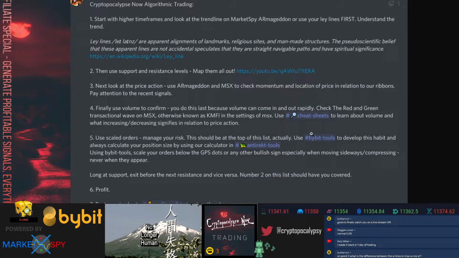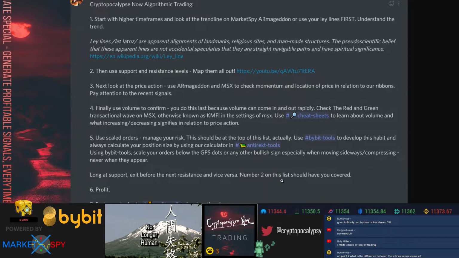Make sure you understand this algorithmic trading, which is your basic TA, in which I tell you, do not overcomplicate things. Do not confuse yourselves with the rings and unnecessary lines and